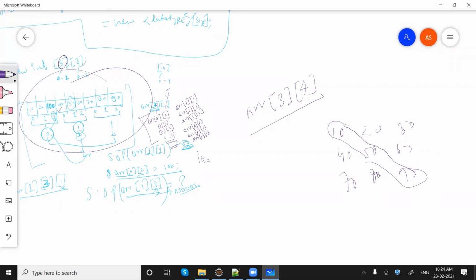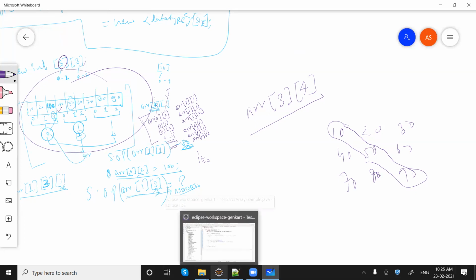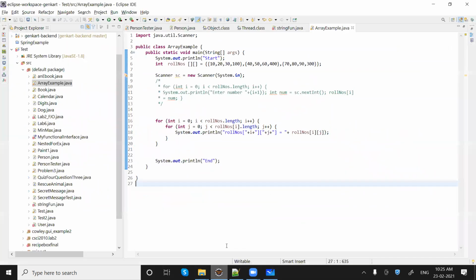Also try to search an element from an array. Like for example, you have an array of 10 elements. You want to search any variable, just try to find it inside the array. So do some research on array, and if you face any issue, please come back to me. I'm here to help. Let me know in case you have any doubt so far. If no doubt, then we can move to the next concept, which is basically called command line arguments.